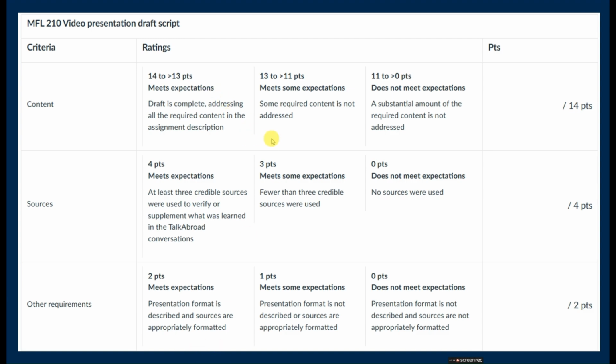But you'll see that you get points for completely addressing everything that is listed in the assignment instructions for content, that you use at least 3 credible sources to verify or supplement what you learn, that you describe the presentation format, and that you format your sources appropriately so that all the required information that lets me evaluate whether they're credible is included. If you have any questions as you start to draft your script or work on your video,